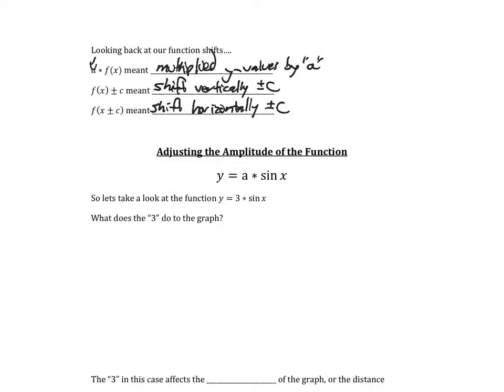So here is a question. We know what the sine graph looks like. My question to you now is, what would the graph of 3 times sine of x look like? What would it do to the graph? So let's actually check this out. So we're going to only graph one sine period. We're actually going to graph sine of x and 3 sine of x to maybe see how they compare